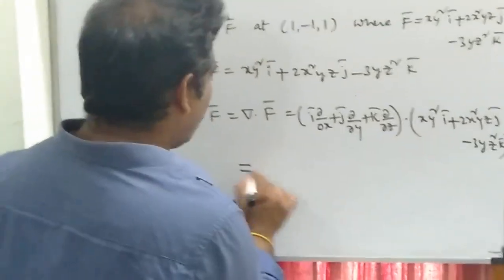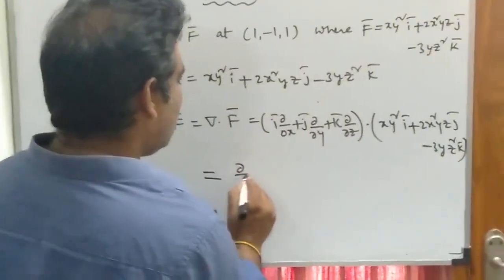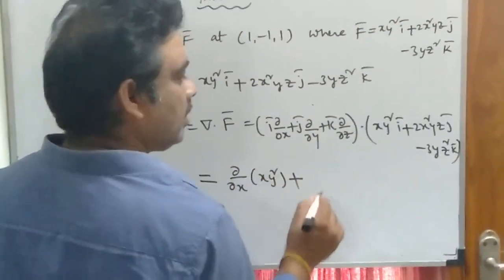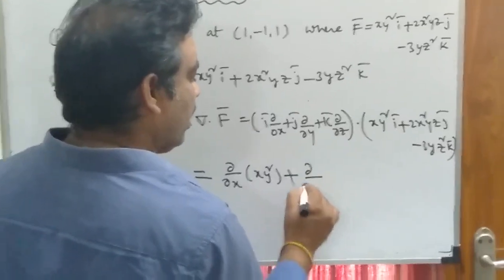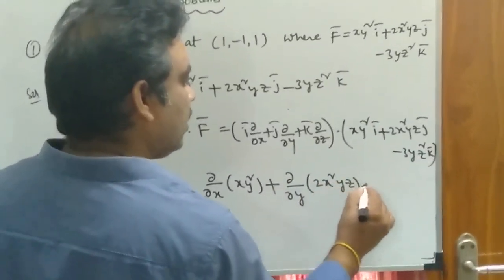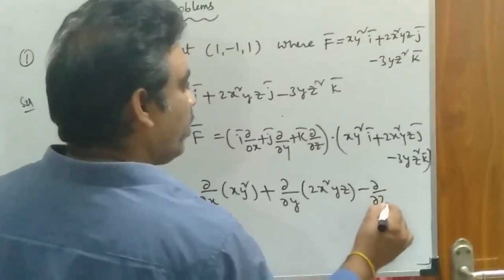So making dot product, i bar dot i bar is 1. So dou by dou x of xy square plus j bar dot j bar 1, dou by dou y of 2x square yz, minus dou by dou z of